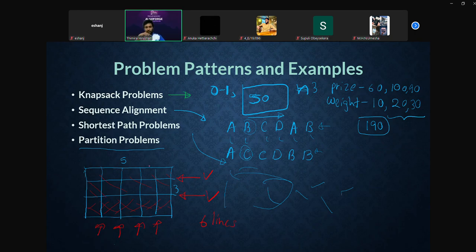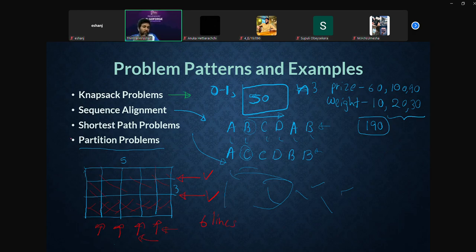If you cut on the horizontal side, like if you cut from one of these 4 lines, if we select the last one, this one, you will have a 4 by 3 square and a 1 by 4 square. If you select this one, you will have a 3 by 3 square and a 3 by 2 square. So if you know the